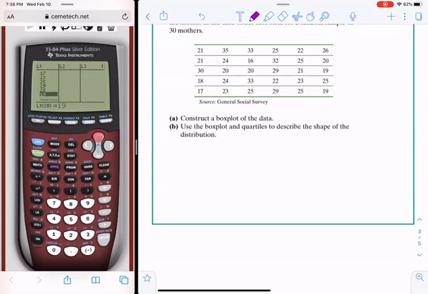Okay, double check the data. Okay, so we want to construct a box plot. So second mode to exit. So all we need here to construct a box plot or a Box-Whisker plot is the minimum,